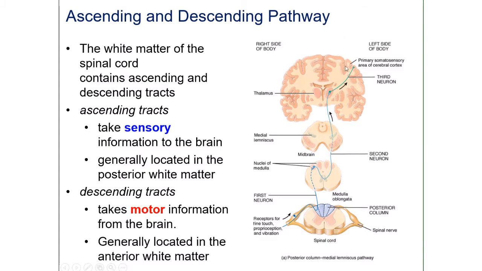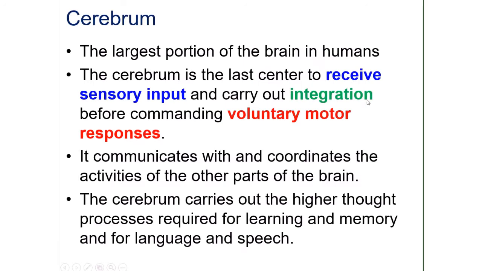The interneurons in this area are going to integrate the information before commanding a voluntary motor response. So think about the burning of the hand again. You touch the hot surface, you remove your hand. That's a reflex. There was no conscious thought involved in that action. And then all the things that you do afterwards, like putting your burnt hand under running water, maybe you try to blow some air onto it, maybe you want to put some ice pack on, all those extra things that you do come from higher order integration that occurs within the cerebrum,